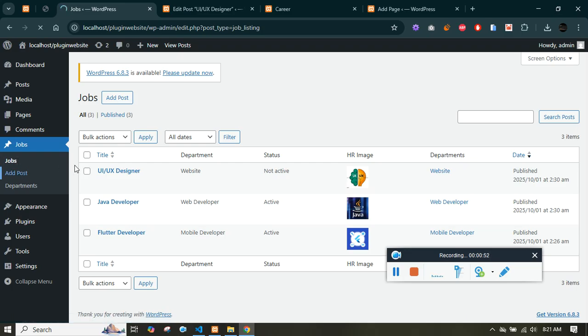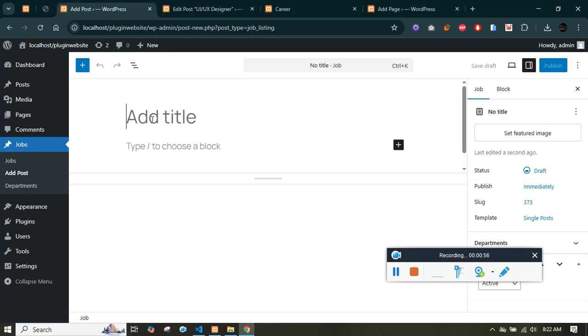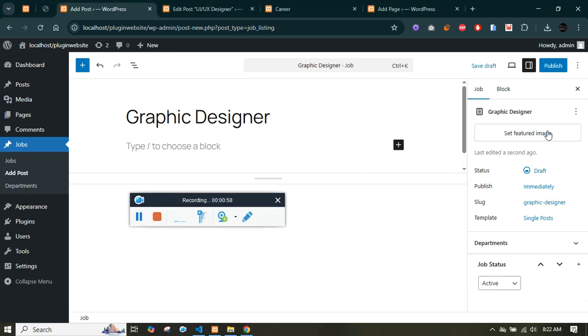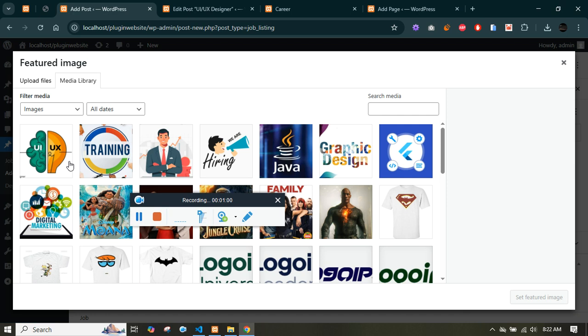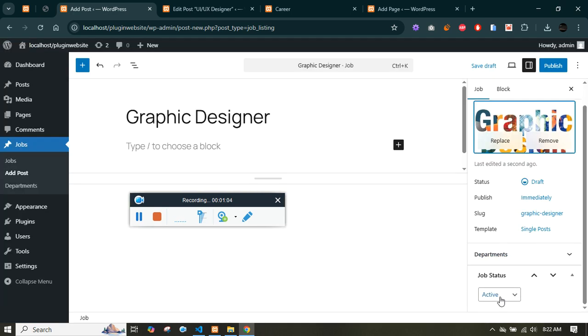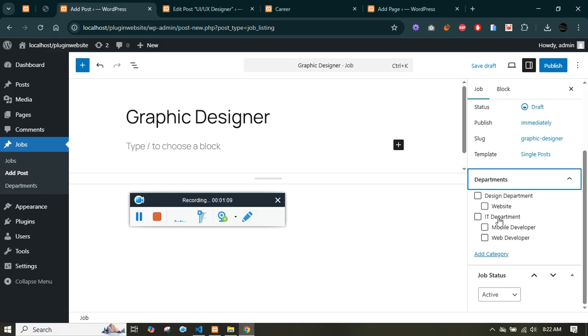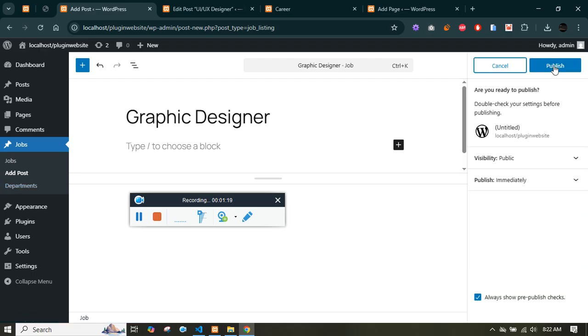This is a custom post type that we have created. Now I'm going to add a graphic designer. I need to add a featured image. I'm making this active by default, and I'm setting it to a category. This is called custom taxonomy. We will be creating it, and this is getting into UI UX. So let's just stick to the website, and if I click on publish,